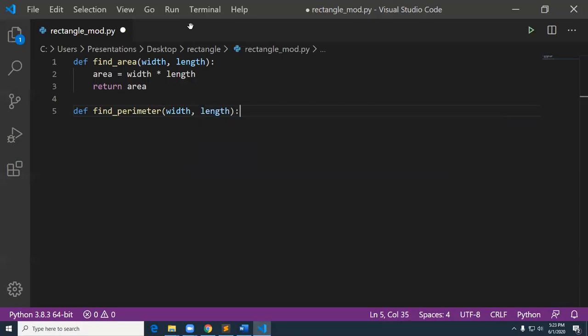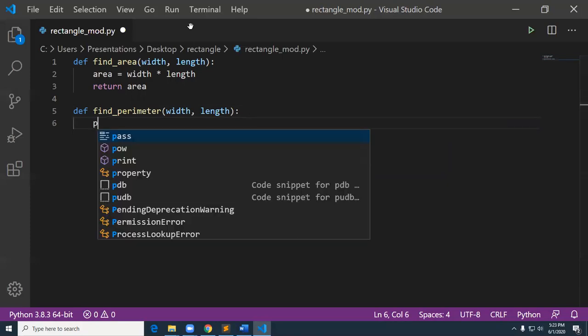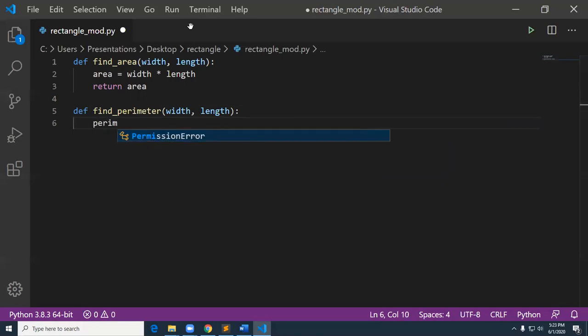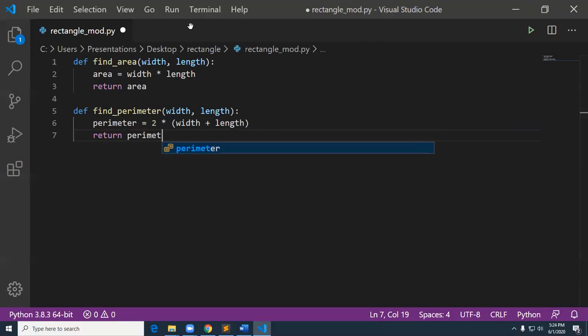Put in the little colon, and we'll do pretty much the same idea. We'll call it perimeter, the variable that we're going to return. Perimeter gets 2 times width plus length, and then we'll return perimeter. Okay, pressing enter, and then